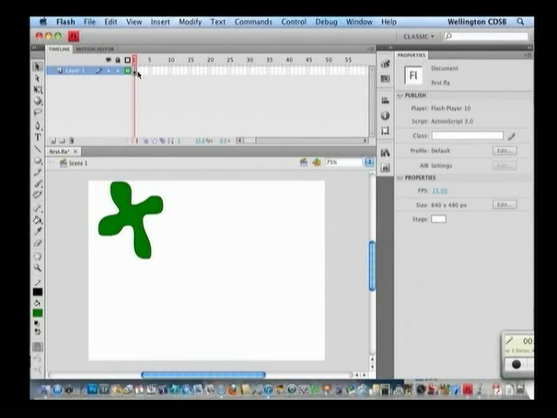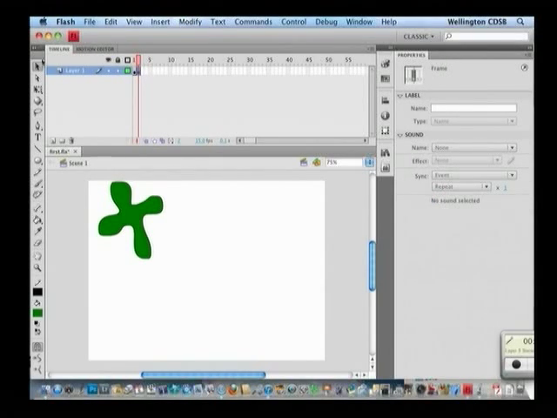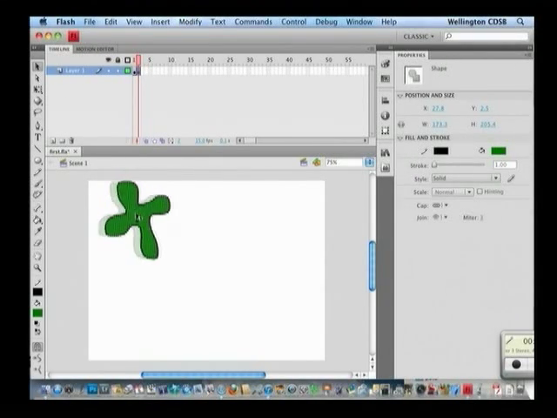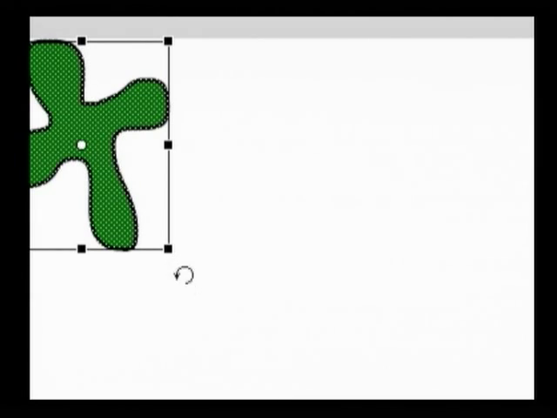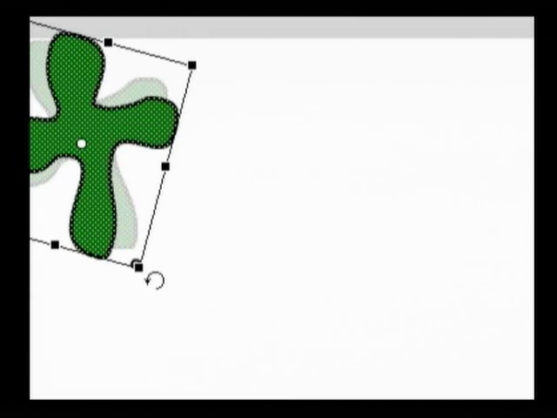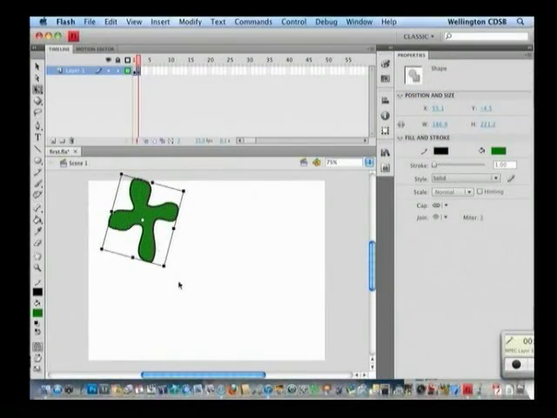And we'll use the same process as the last lesson. So I'm going to click on the next frame over and hit F6. We'll take our selection tool, move it over a little bit, and add in a transformation. I'm going to get my transform tool and hover outside one of the corners, and you can see here how when I hover we get an arced circle, and that arc means that we can now rotate. And based on the onion skinning that was in there, we've rotated a little bit, and we'll hit F6